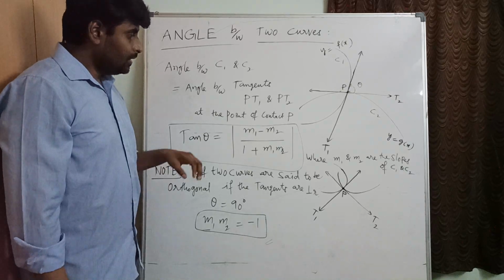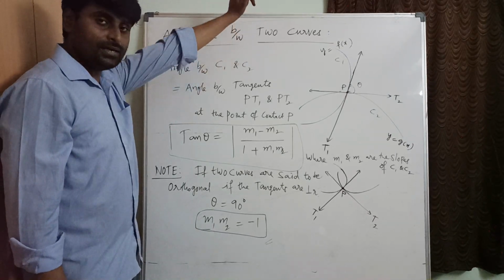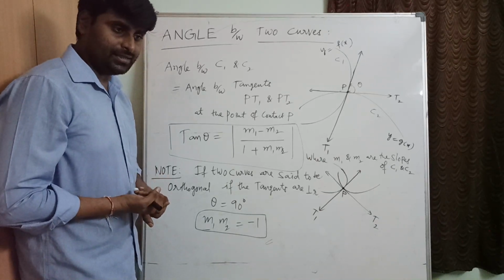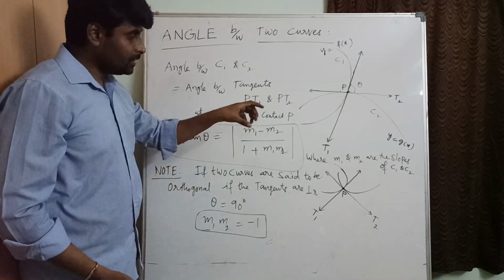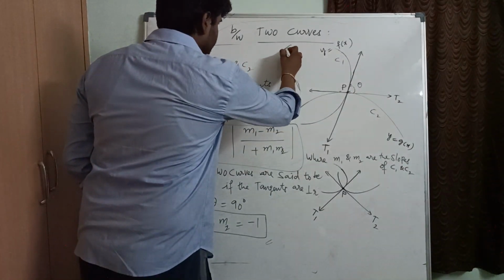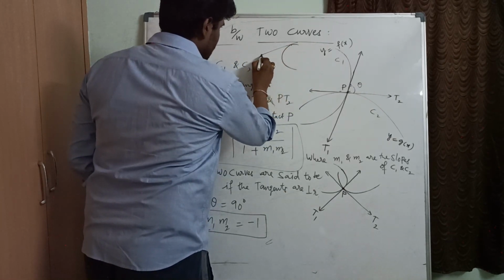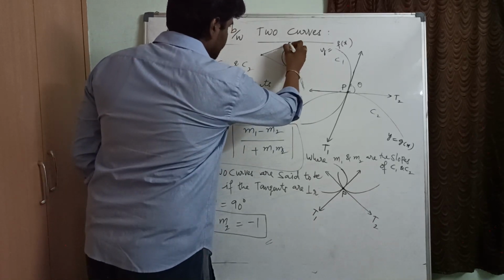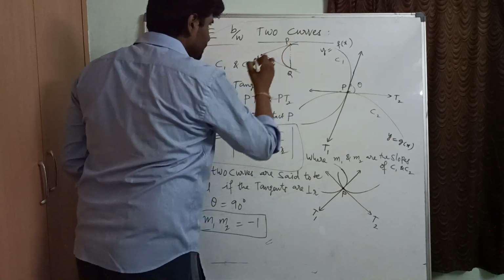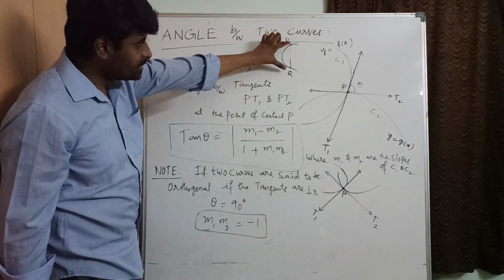Generally we can expect one compulsory question for IIT from this topic, tangent and normal. Most probably questions will be asked on finding the equation of tangent, finding the distance between two points of contact, like this. For example, one curve is there, and two tangents are drawn for the given curve. Then at P and Q, suppose the outside point is A, then find the distance between P and Q. So we are going to find the shortest distance.